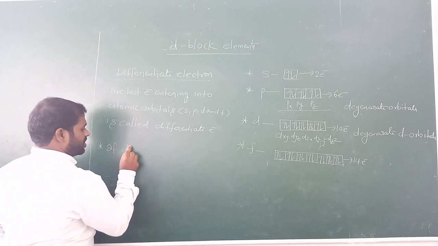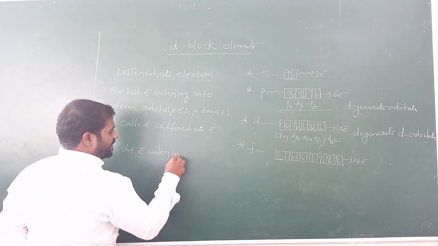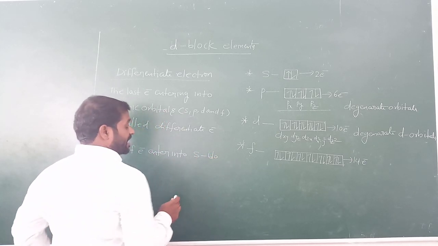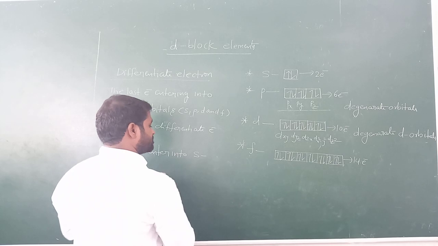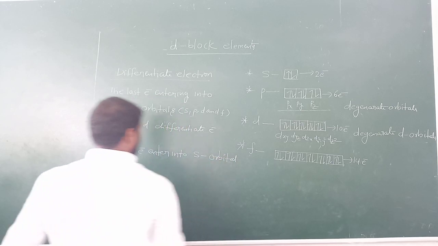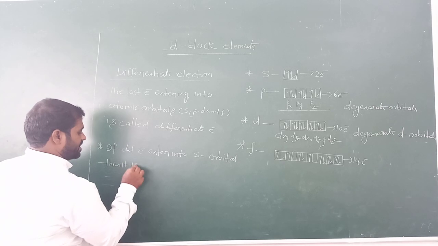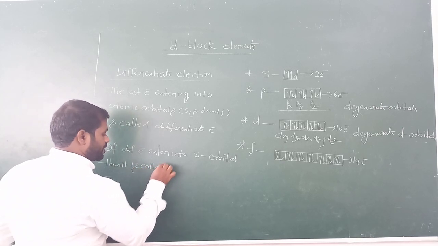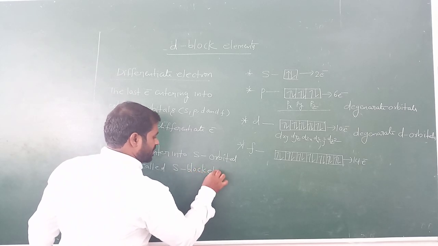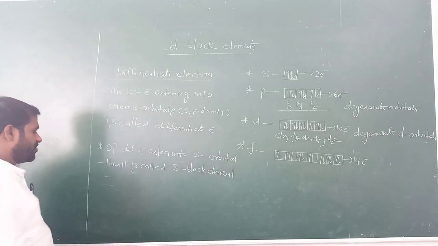If the differentiating electron enters into the S block or S orbital, then it is called an S block element. S block element. For example,